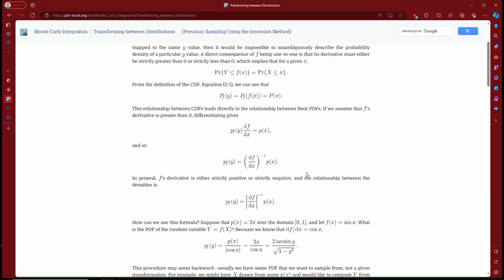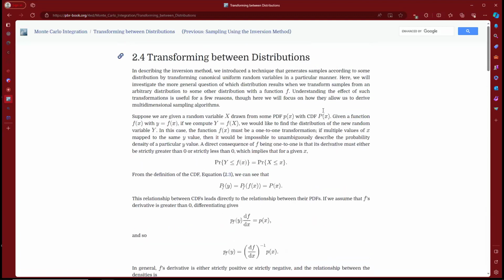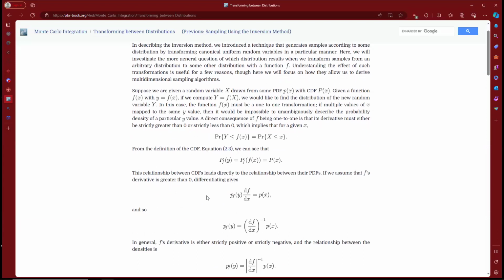From the definition of the CDF, we can see that P_f of y is P_f of f of x. P_f is the CDF of the mapped distribution. And the original P is the original CDF. This relationship between CDFs leads directly to the relationship between their PDFs. If we assume that f's derivative is greater than 0, differentiation gives this